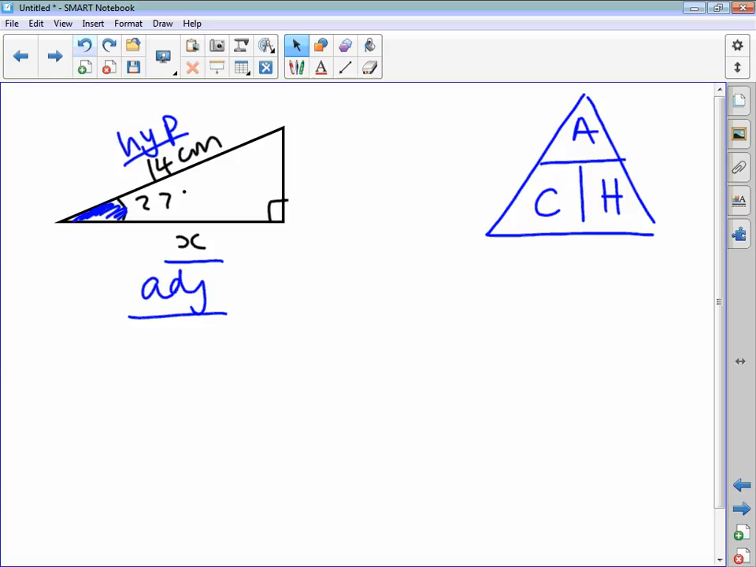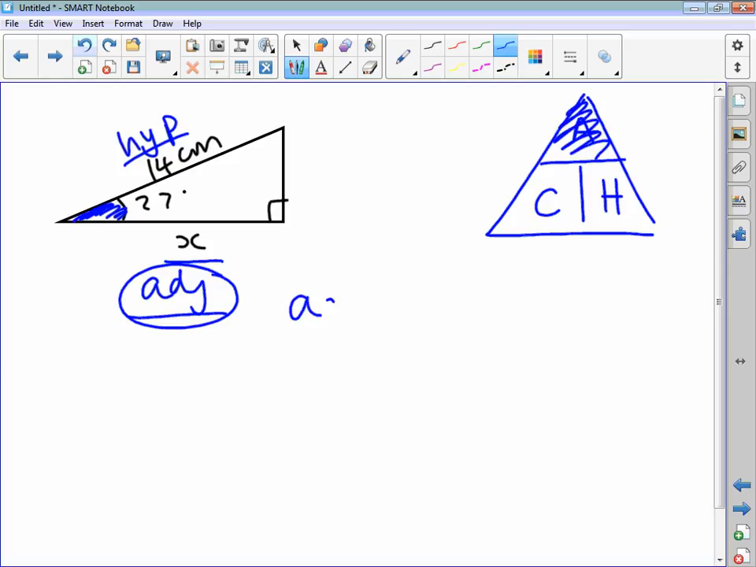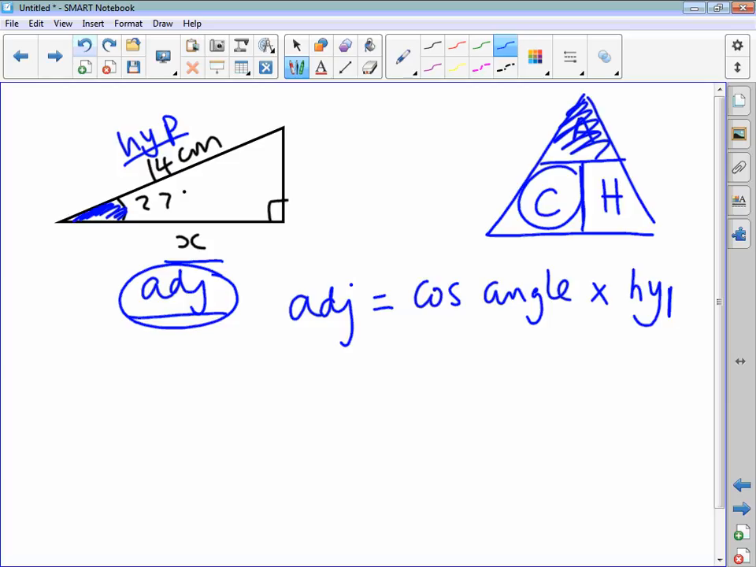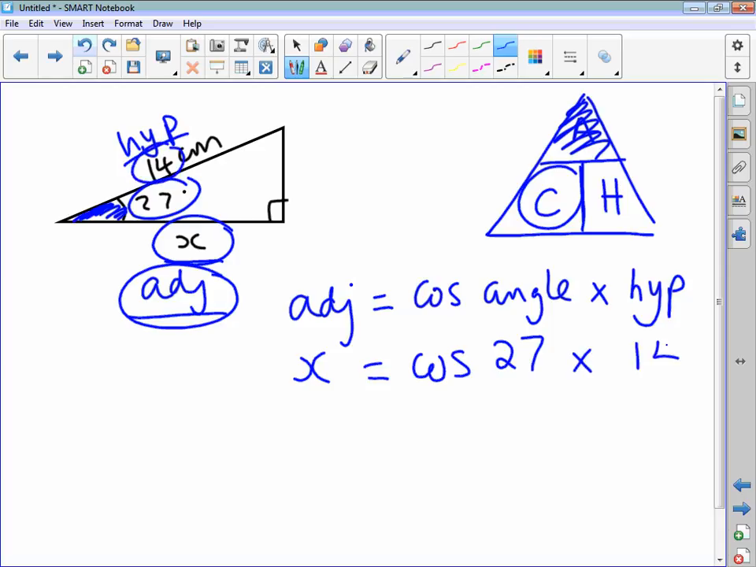Using the formula triangle again, we need to find the adjacent side. That's the thing that we don't know. So we cover up the adjacent side, and we write out that the adjacent is equal to cosine of the angle, times by the hypotenuse. If we look at our triangle again, the adjacent is x, and then we've got cosine, the angle is 27, times by the hypotenuse, which is 14. Put that into a calculator, gives you an answer of